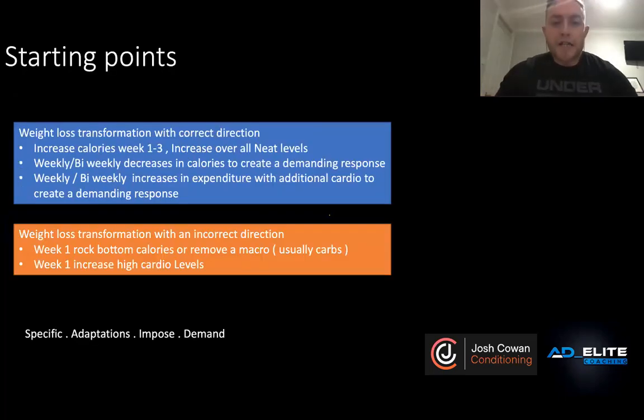So when we're looking at starting points, again, this is something that I touched on earlier. An ideal weight loss transformation with the correct direction would be a starting point. We'd usually increase calories from week 1 to 3, and then increase NEAT levels. So with that kind of bi-weekly increase or decrease, every week or every second week, it's good to decrease calories. Again, you've put them at nearly a maintenance level or surplus at the start, so there's loads of wiggle room to have a drop-down effect here. On a weekly or bi-weekly basis, we will cause a demanding response from either decreasing calories or